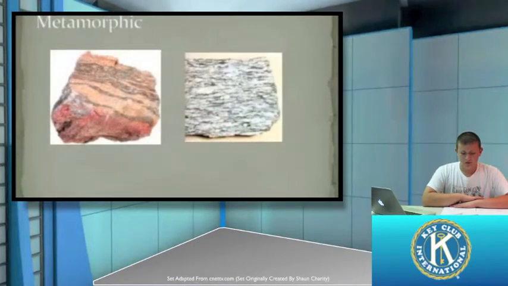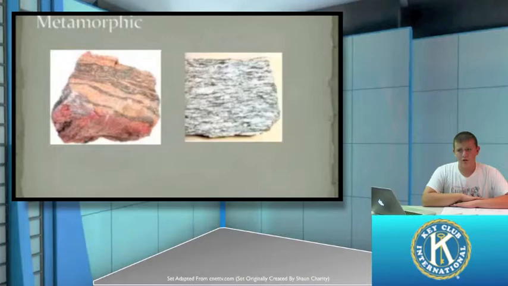Now, let's talk about metamorphic rocks. Metamorphic rocks are formed from pressure and temperature at depths. There are two types of metamorphism. There's contact and regional. Contact usually affects a small area and is when, such as a lava flow or a